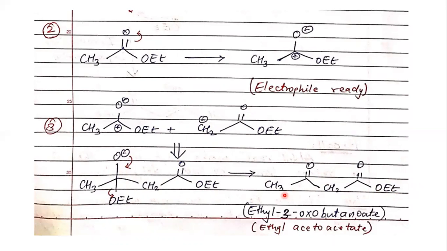So if you start naming it in IUPAC, you'll first start with the name ethyl, and then your numbering will start from 1, 2, 3, 4. So it is butan-. Ethyl 3-oxo, because on the third carbon there is an oxygen. Ethyl 3-oxo, 4 carbons, that is why butanoate. This is the IUPAC name. The common name is ethyl acetoacetate. Remember both these names, these will be used quite a lot as we go ahead. So this is your general mechanism for Claisen ester condensation.